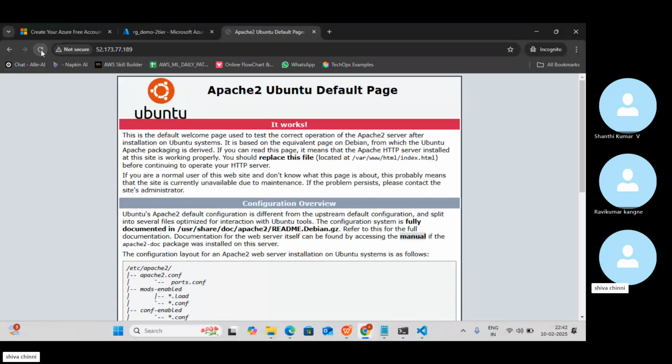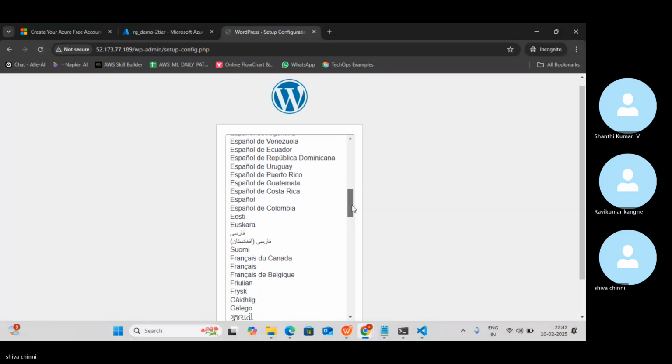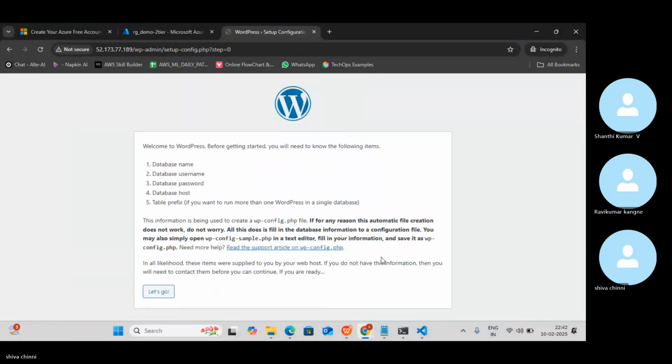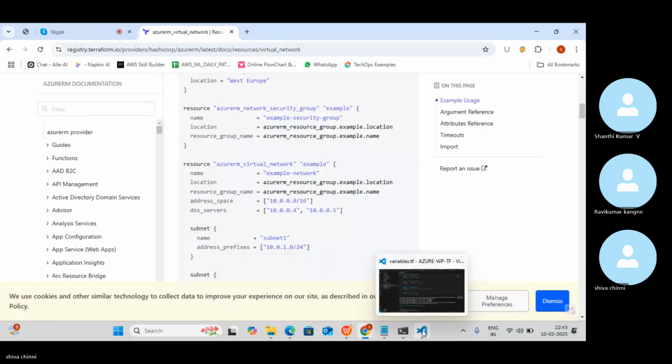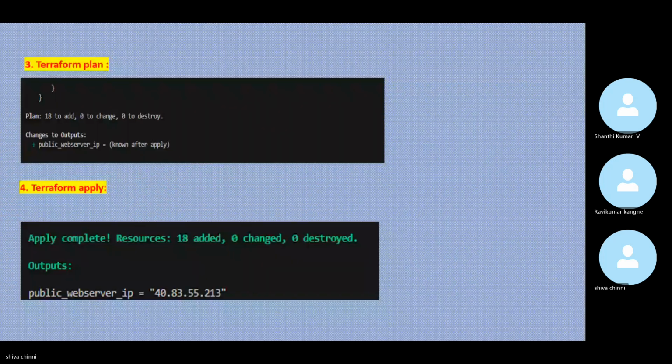Again, you can refresh the page. So it will load the WordPress. Okay, now